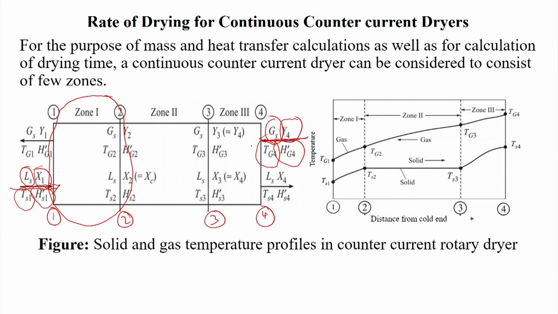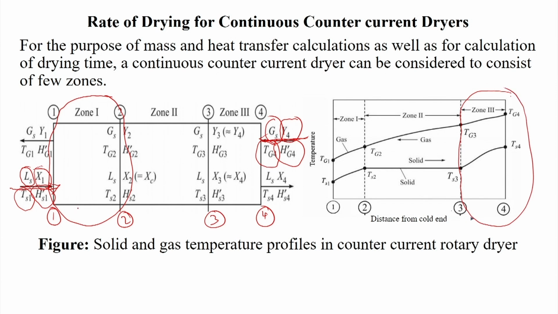So, it is entering here, and in that zone, where this hot air or drying air is entering, whatever temperature is applied to the drying solid is used to heat the drying solid to the desired temperature only. No drying actually takes place in this zone. That we will be discussing in detail.